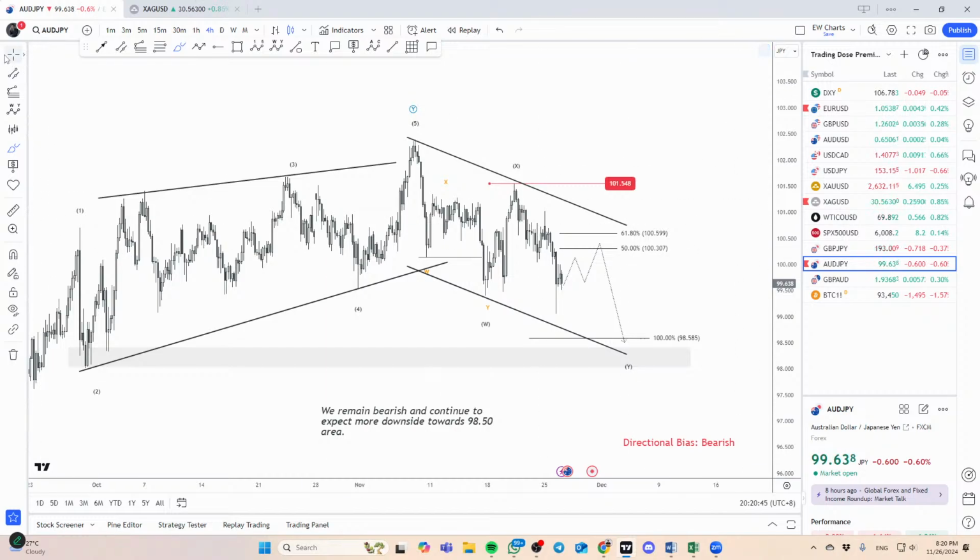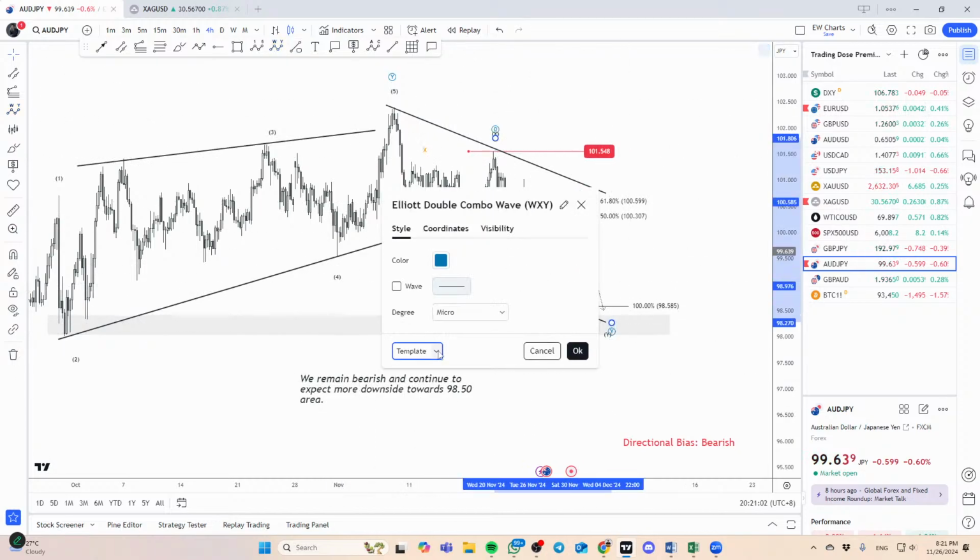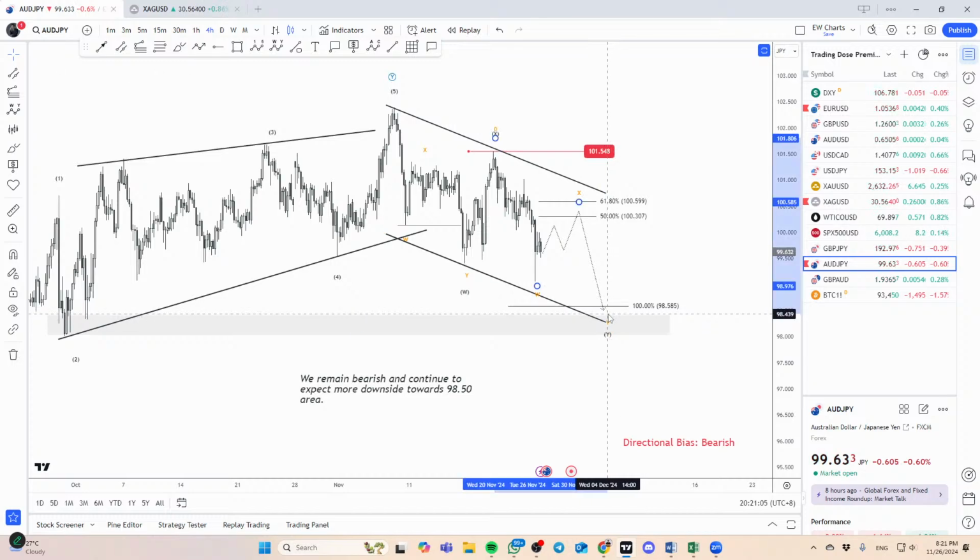Right now, the expectation and forecast on aussie yen is simply 1, 2, 3. You know, yellow in orange, WXY. That would form our W here and then the X here. Okay, and then right now the expectation is WXY in orange, potentially developing to complete the bigger cycle of the Y wave. So of course, over here, we're just taking a very simple Fib retracement. If the market can come back towards like 61.8, that will pretty much be an opportunity to look for a sell.